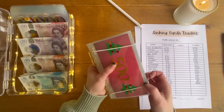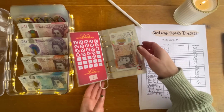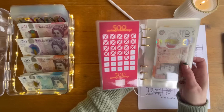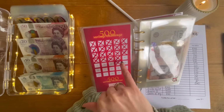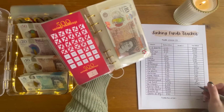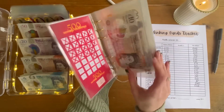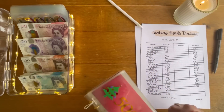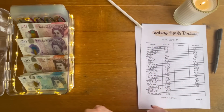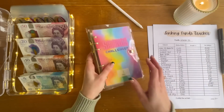Okay, so next up we've got Christmas. So last month I had 230. So I've got 265. So 265 now in Christmas, which is good because I have bought some Christmas presents. So that is good because I've still gone up. So 265 in Christmas, and then next up we've got my